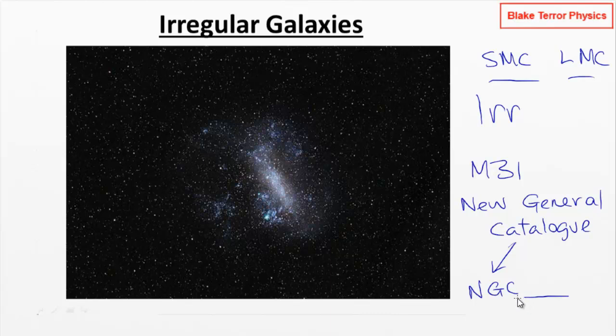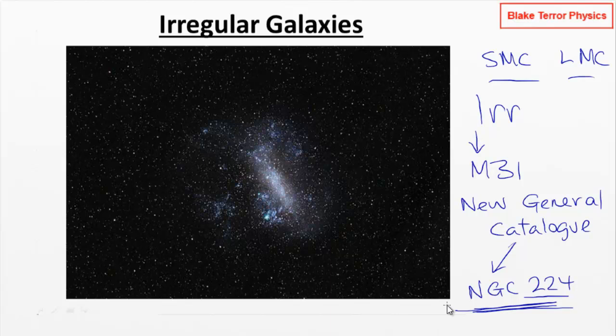So for Andromeda Galaxy, I didn't check this before, I want to say 224, but again, I could have that wrong. But yeah, NGC 224. I'm so used to saying M31, but I think that's what it is. You'll see those sort of identifiers just for knowing which galaxy is which, because the Messier catalogue has only got 110 objects in it, and only about 40 of them are galaxies. So you've only got about 40 galaxies that have actually got a Messier designation. Most of the ones are going to have a New General Catalogue number, so that's a pretty common way of talking about them.